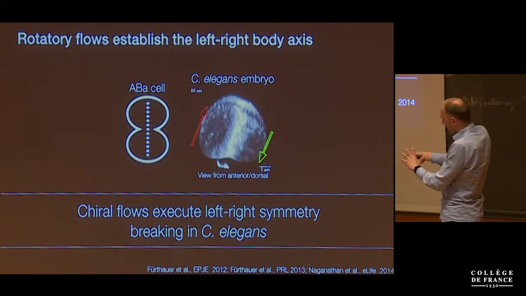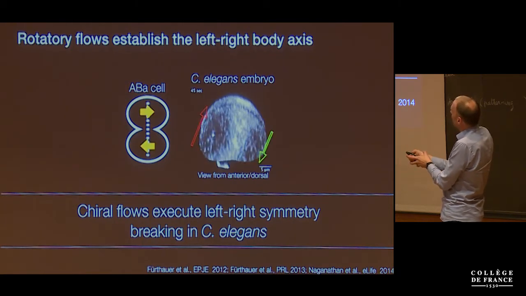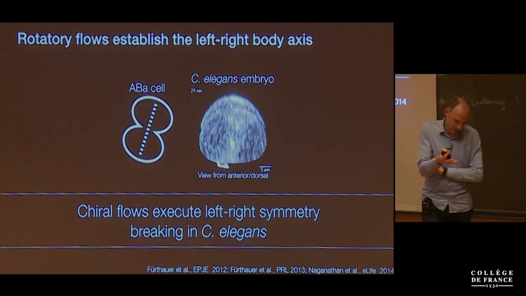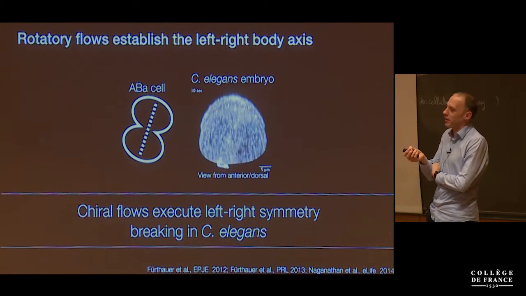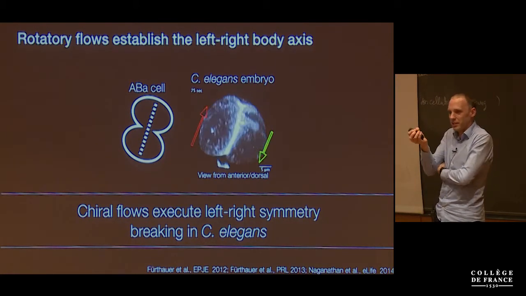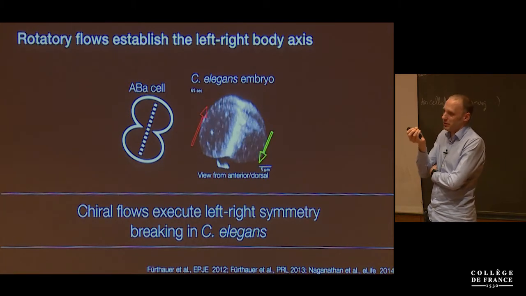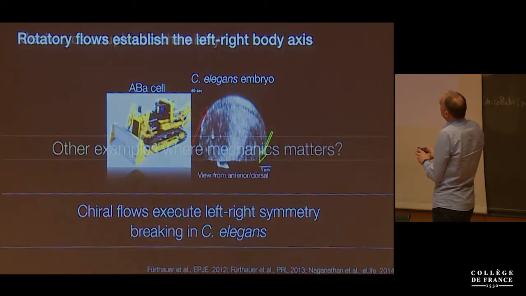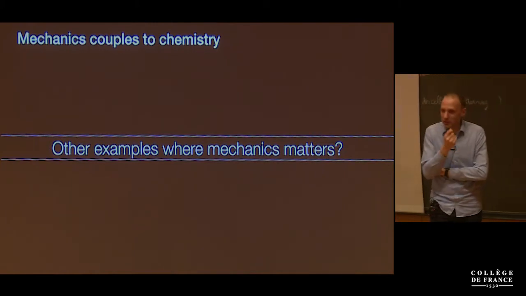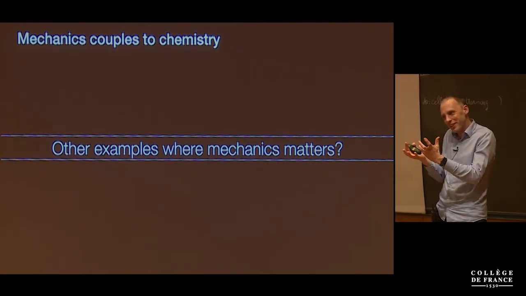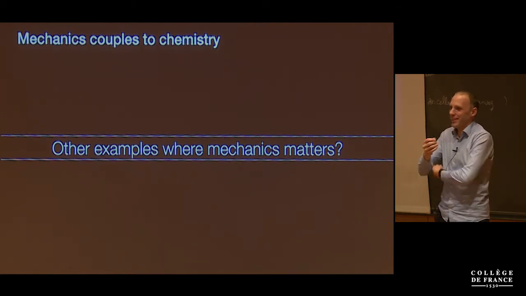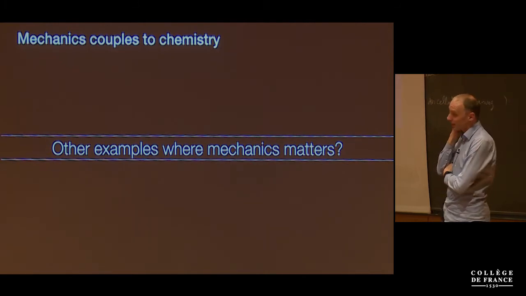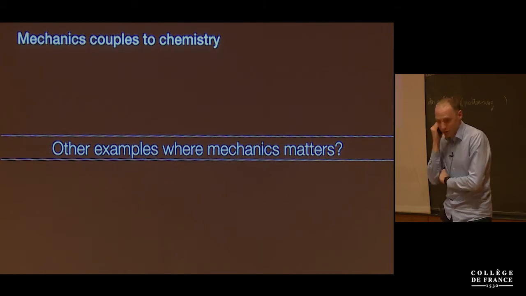This shift is driven by these rotatory flows, causes a 20-degree shift in two cells, and this essentially causes a left-right asymmetric cell-cell contact pattern, which in fact is the mechanism that breaks left-right symmetry for the body plan in the nematode worm. Okay? So this is essentially how left-right asymmetry from the molecular scale now is amplified up to the organismal scale. That's what we think. Okay. All right. So this was just a brief summary to tell you a little bit that it's not just about signaling and building patterns, but it's also about mechanics, in particular, in this case, of course, about generating torques and thinking about force and torque balances for large-scale morphogenetic movements.